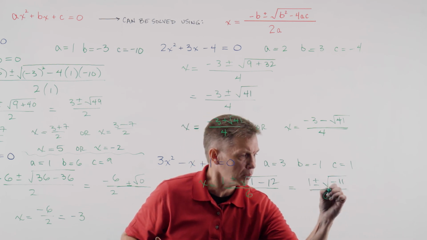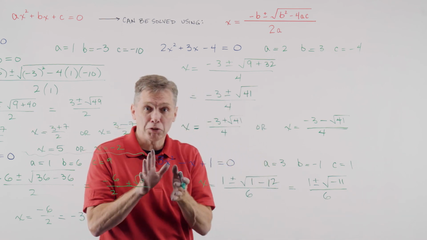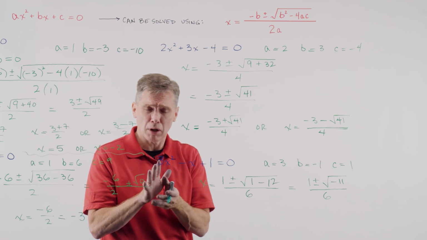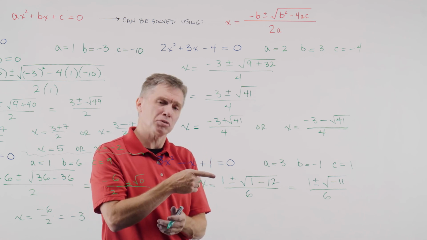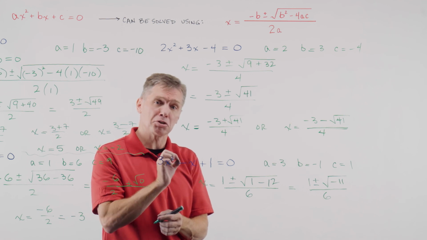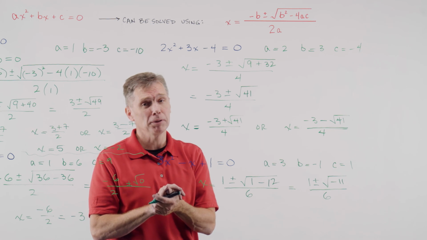It can happen, okay? Now that's not a real number, so if you haven't started dealing with imaginary numbers or complex numbers yet, and you will if you haven't, I'd have to say that there's no solution here, okay? I just wanted to show you an example where the a's, the b's, and the c's could even yield a negative under the radical, okay?